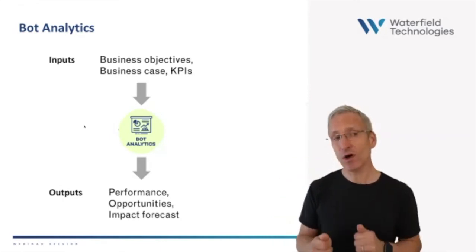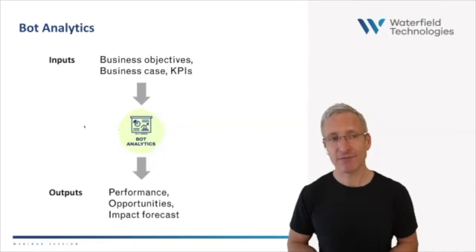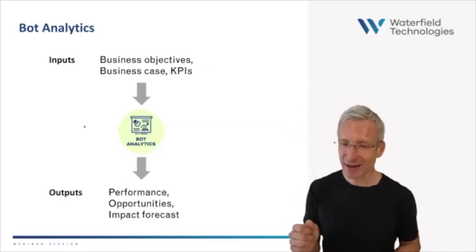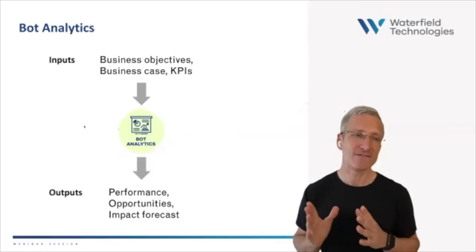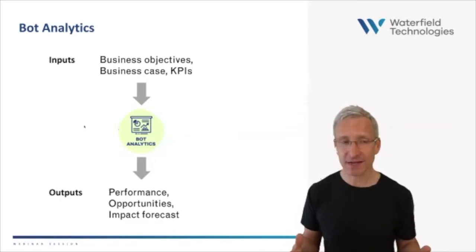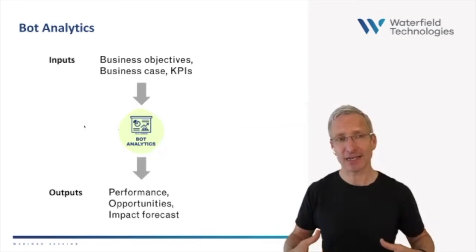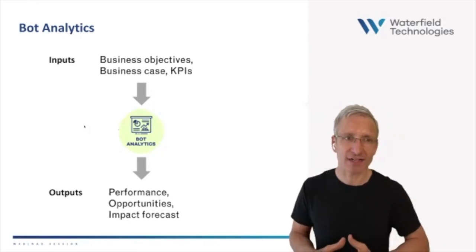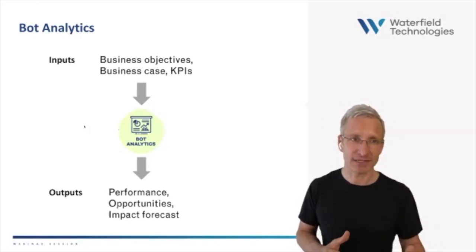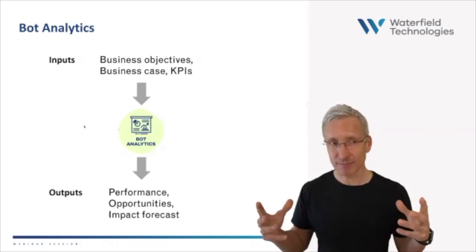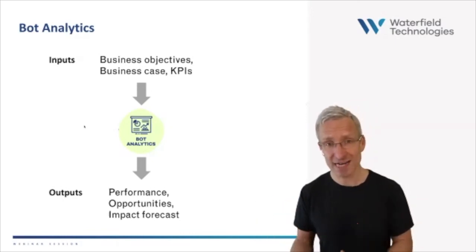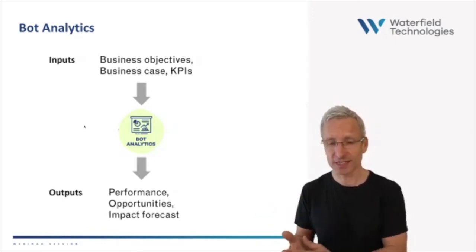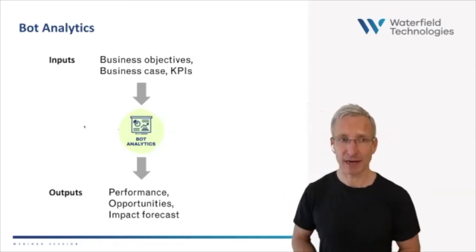Opportunities. So what levers could we pull? Which of those 3 levers of conversational AI improvement could we pull to improve the performance? And then using that probability tree approach that I just introduced, forecast the impact. Now, the great thing about this is this really starts to embed analytics in an operational framework within your business, so that you're looking at the right things because you're aware of what the business objectives, business case, and KPIs are. You're using bot analytics, as we've talked about, and the 3 levers of improvement to then identify what your performance is, what opportunities there are to improve, and what could the impact be.